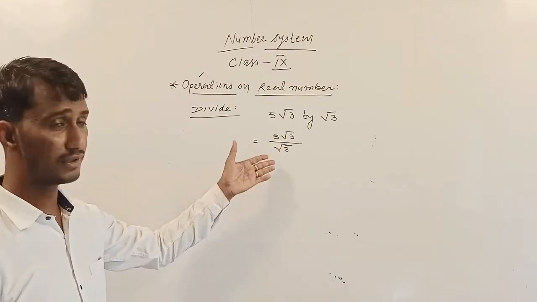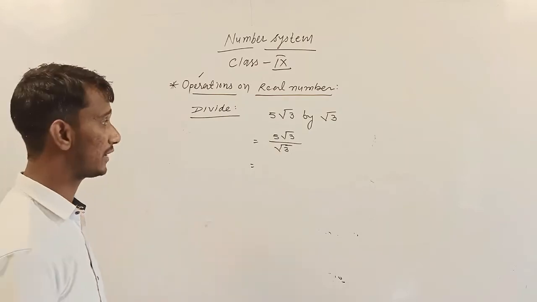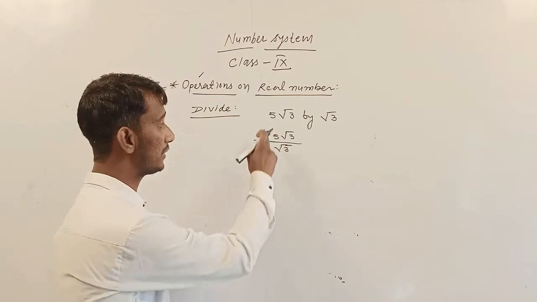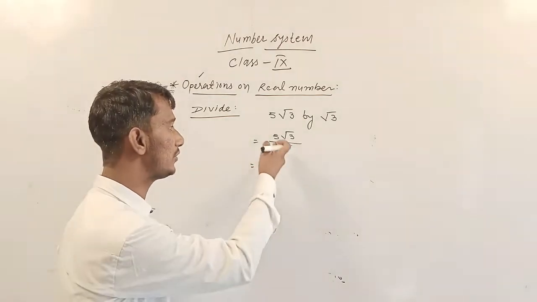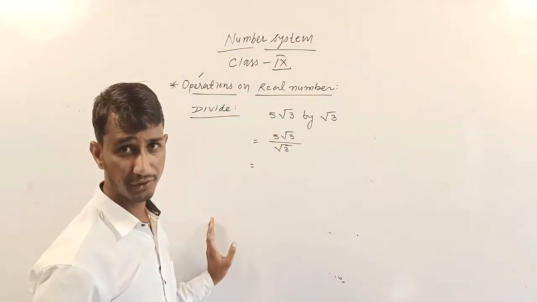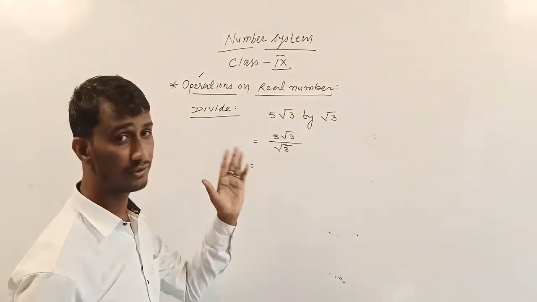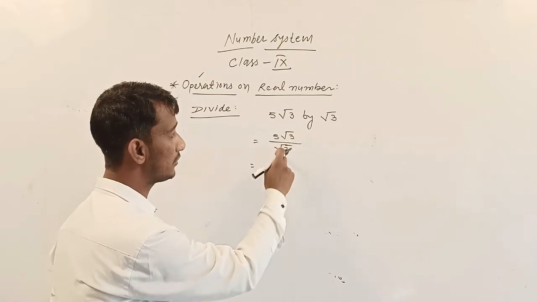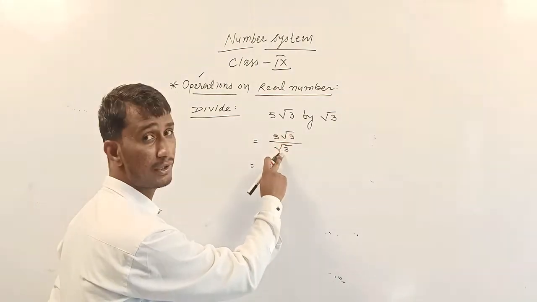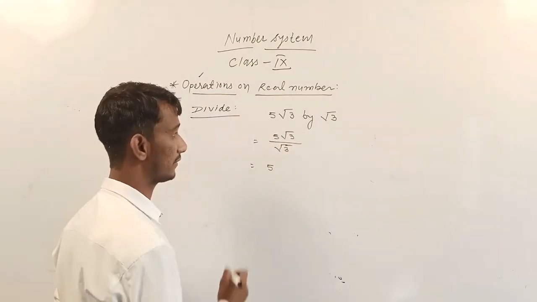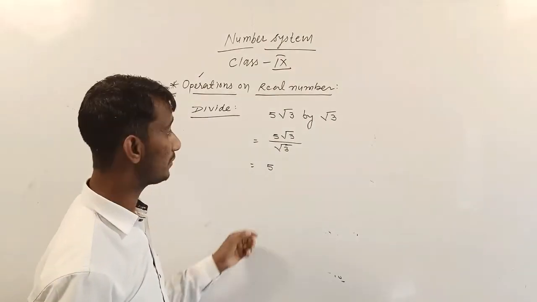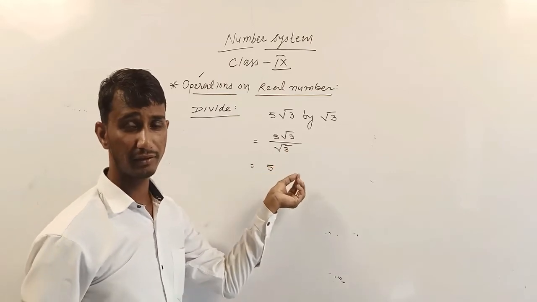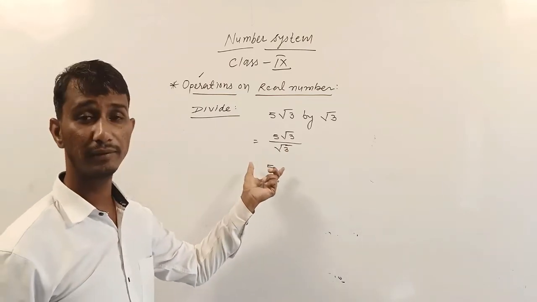So in the division process, we can consider root 3 divided by root 3 as one time, and the remaining value is 5. Yes, you can use the exponent rule here. Okay, you can also use exponents, but in the next video I will tell you how to use the exponent rules. So directly you can write 5 root 3 divided by root 3, and we get 5. Okay. But if different irrational numbers come, I think you will not use it in this manner.